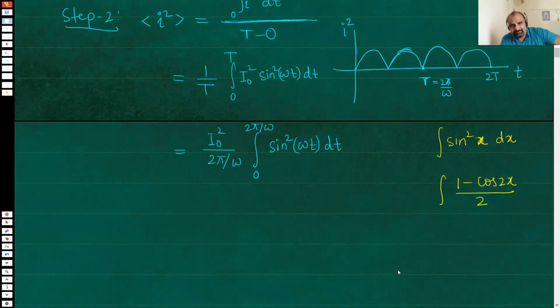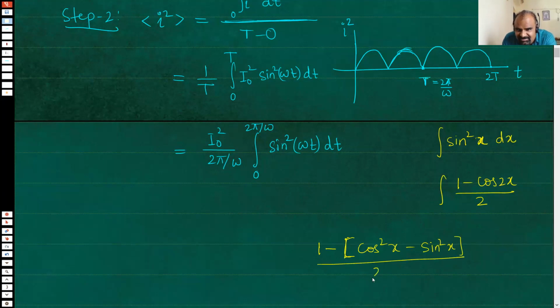Am I correct? Or is it 1 plus cos 2x? You have to tell me. I may be wrong. Correct, na? Okay. If I want to check whether I'm correct or not, I will write cos 2x as cos square x minus sine square x. Everybody knows it. Even though my maths is not really that good nowadays, I have forgotten many things from maths, but this much I still remember, that cos 2x is cos square x minus sine square x.